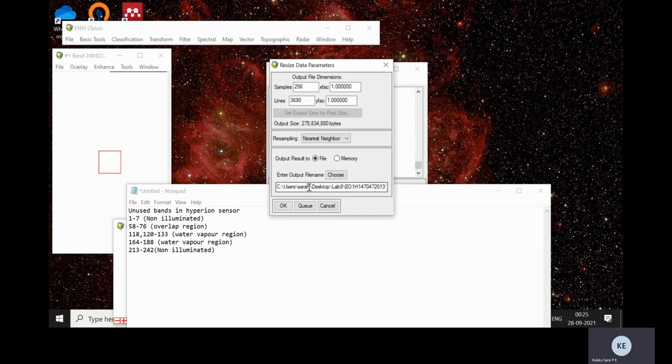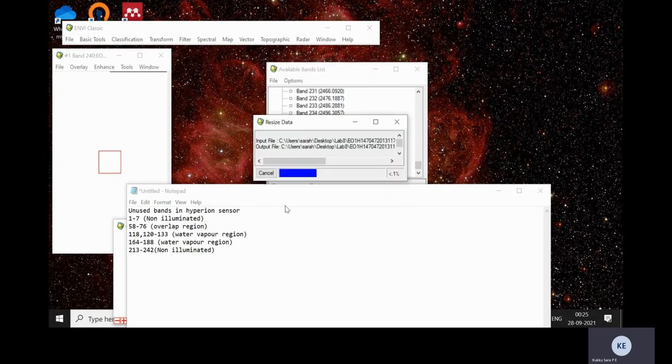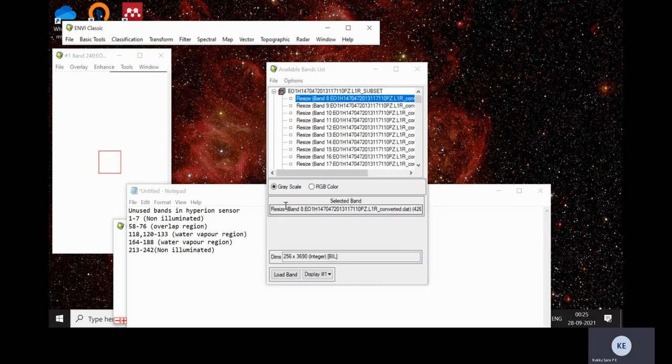So we have entered the output file name. Now click OK. This will resize the data. Now our new subset dataset is opened here.